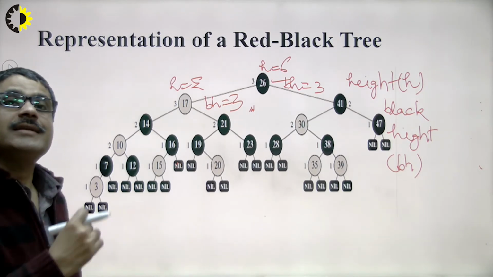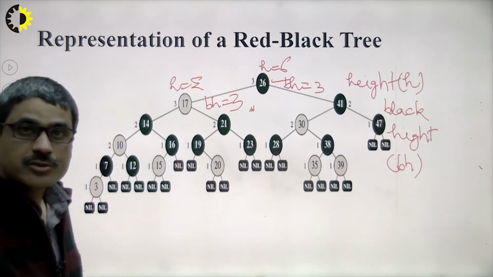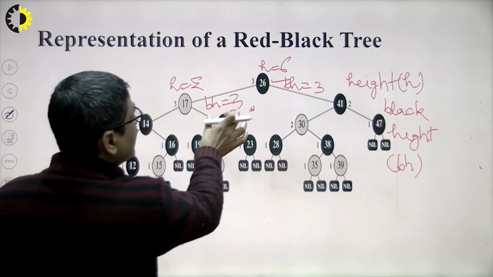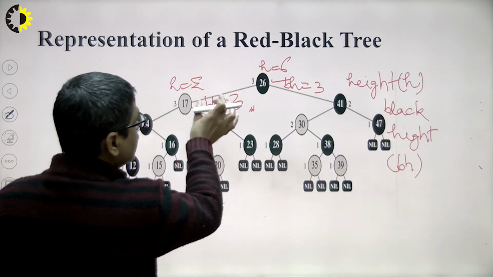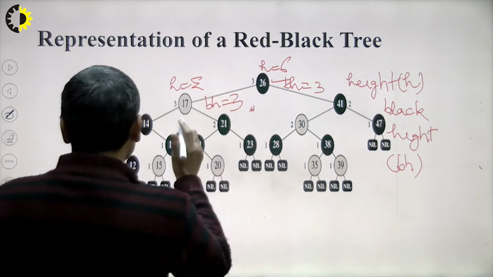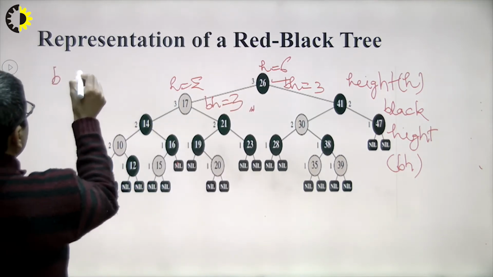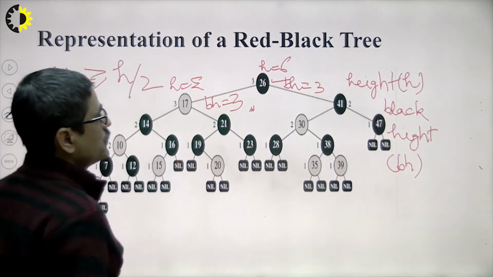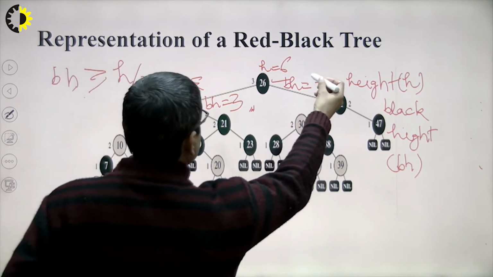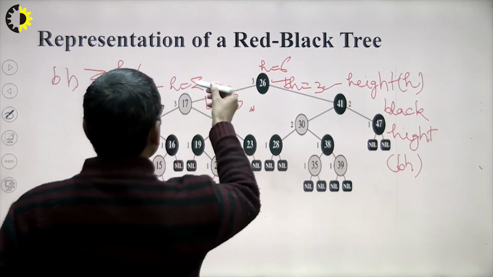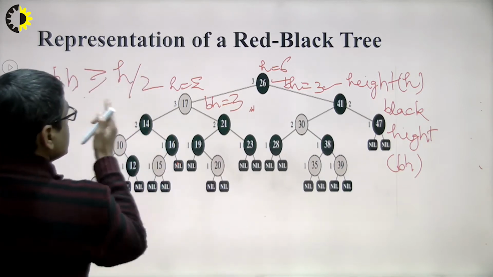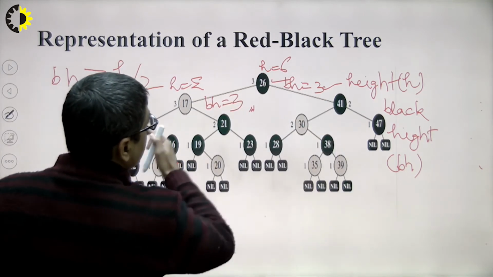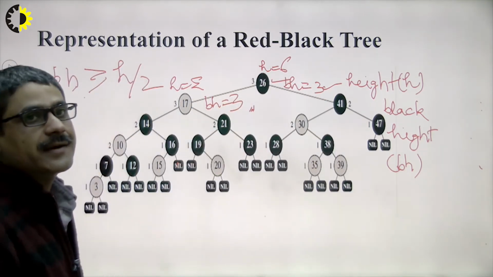and then there is an interesting thing that you have to derive by using this analogy. What you have to derive? You are seeing here that black height is greater than or equal to h by 2. Here you have seen black height is greater than or equal to h by 2. In this, 6 by 2 equals 3. In this, 5 by 2 equals 2.5, which means the black height is greater than 5 by 2. If you are calculating the height and black height for all these nodes, you get that relationship